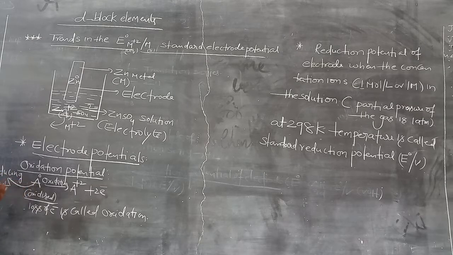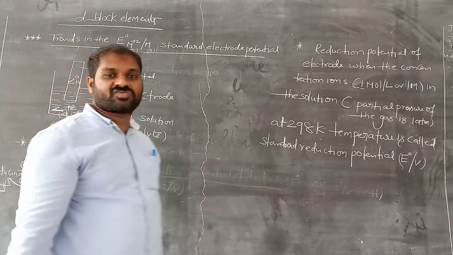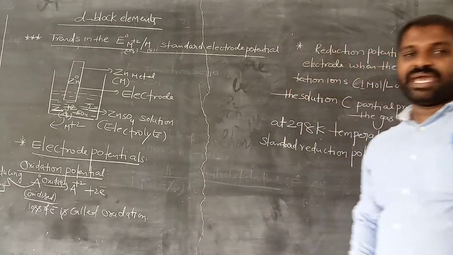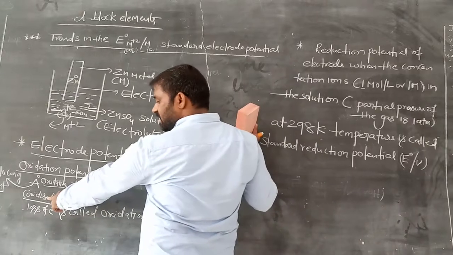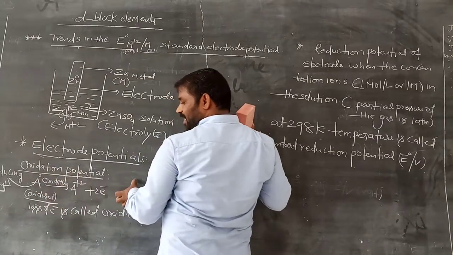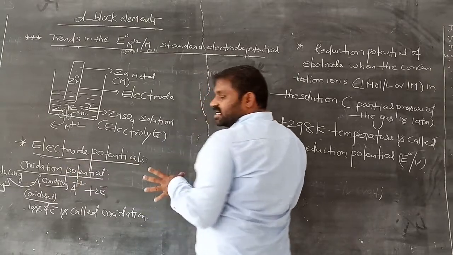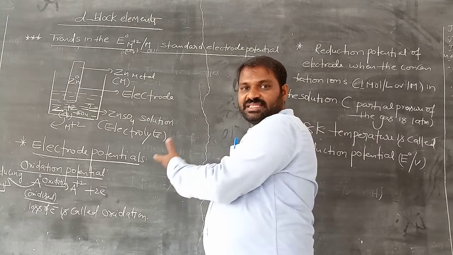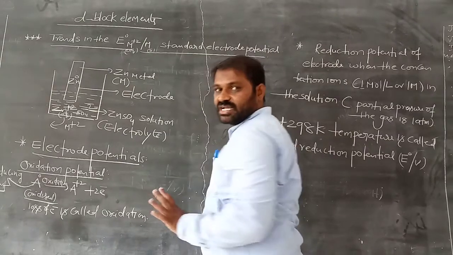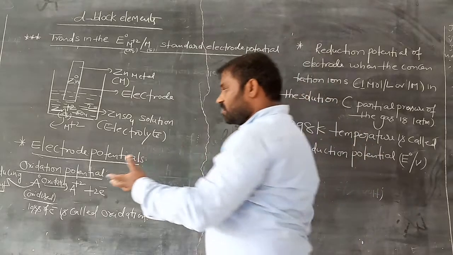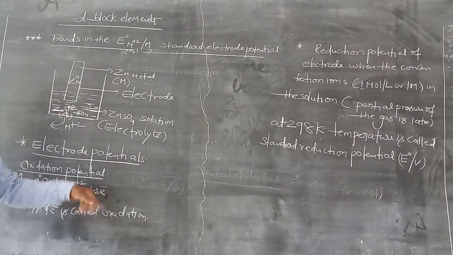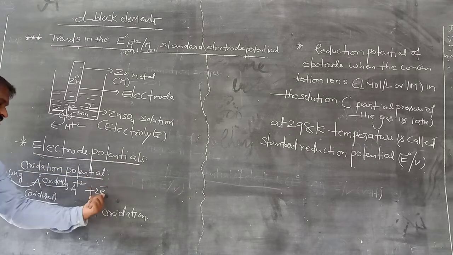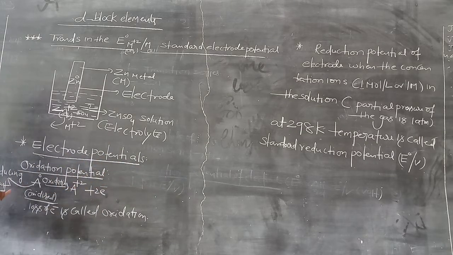This reducing agent undergoes oxidation, loss of electron. Remember this. The substance which is ready to lose electrons is called the reducing agent. Does the reducing agent undergo oxidation? Yes, because it provides the electrons. Reducing agent means it helps reduction of others. Because it produces the electrons, the other substance gains these electrons and undergoes reduction. Gaining of electron is reduction. That means the reducing agent helps reduction.